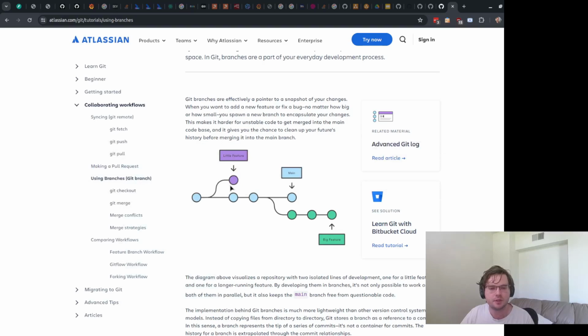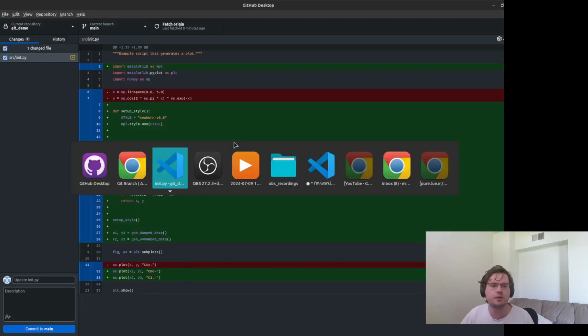So I would take this little feature and I would merge it back into the main branch, but maybe Jeff is working on this green branch, so he doesn't actually see the changes until he decides to bring them in, or he decides to merge his change back into the main branch. So this is all a little confusing without an actual example.